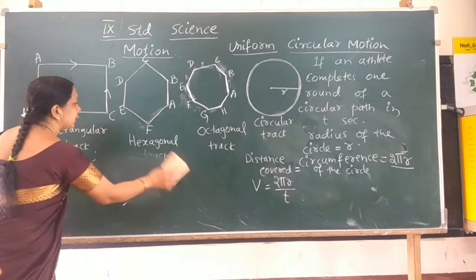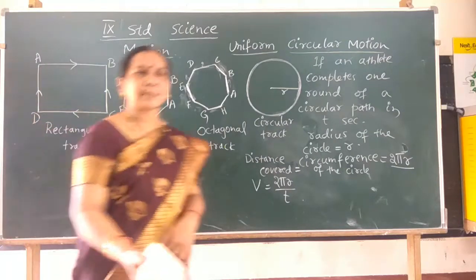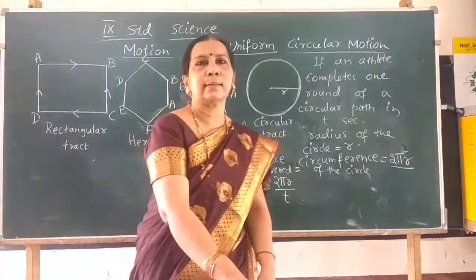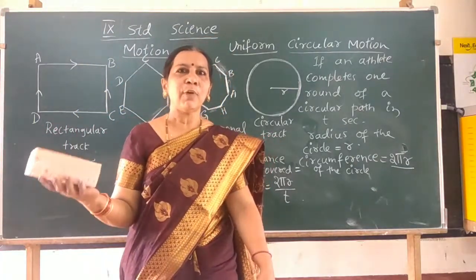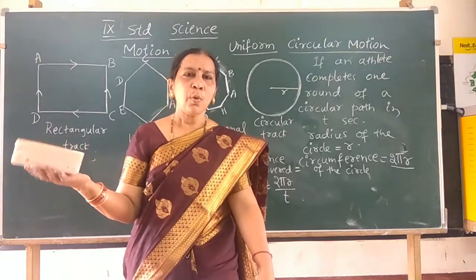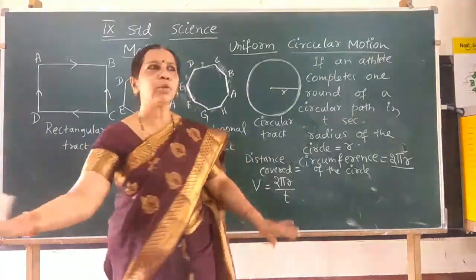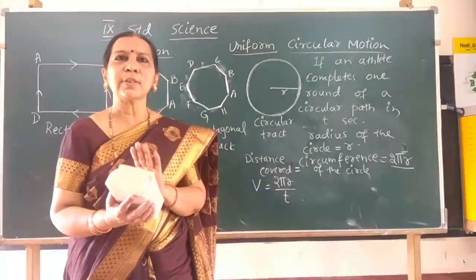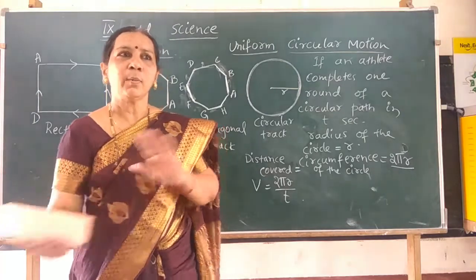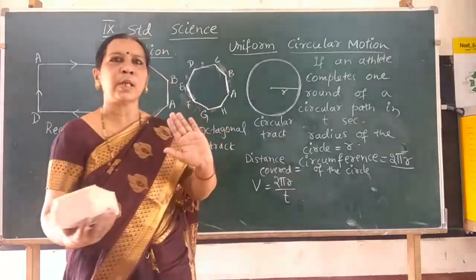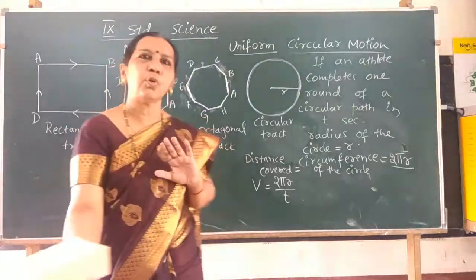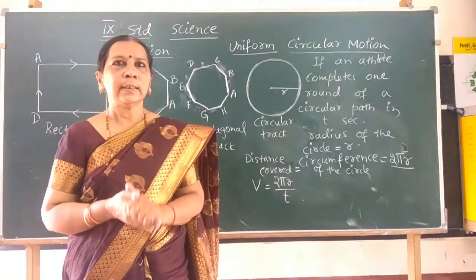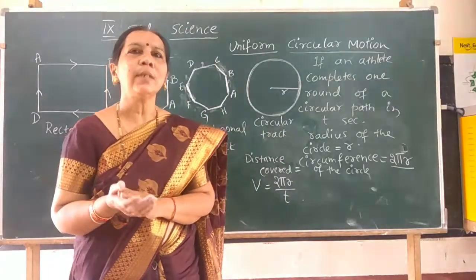You can give another example of circular motion, such as you might have observed in the sports meet, athletes throw discus or hammer. How? They give a circular motion to the hammer by rotating like this and throwing it. He gives a circular motion to the hammer by rotating himself one round. He rotates and then he throws so that it moves in the desired direction. So this is also a circular motion.